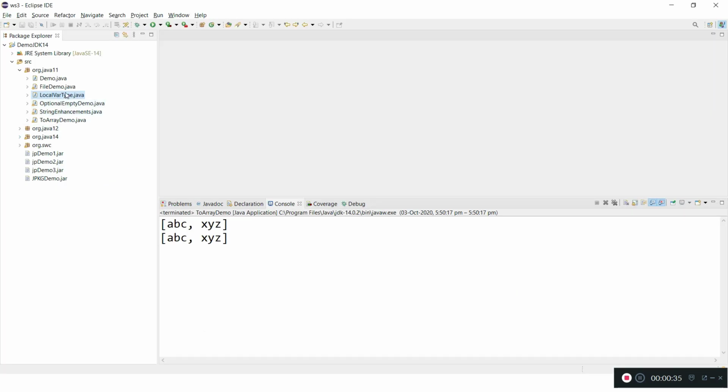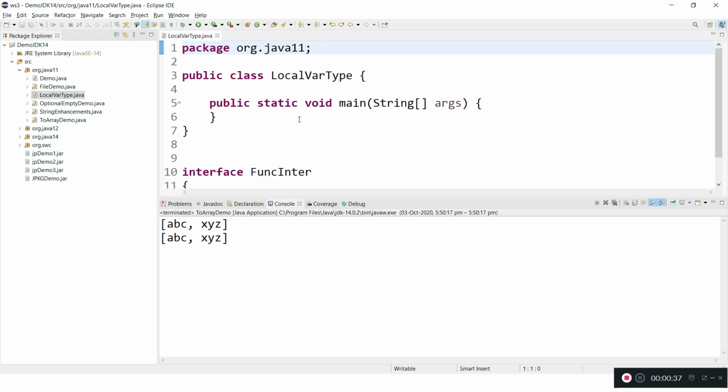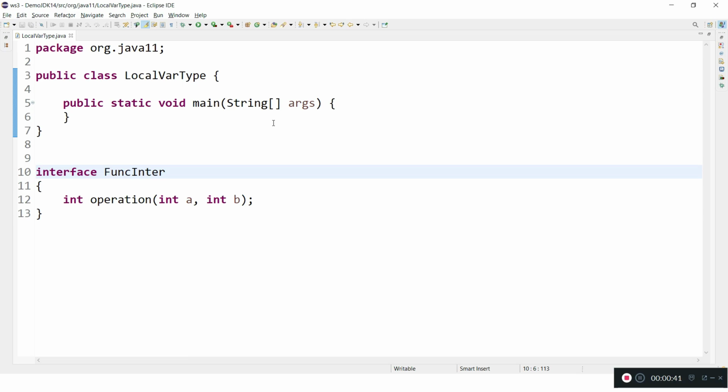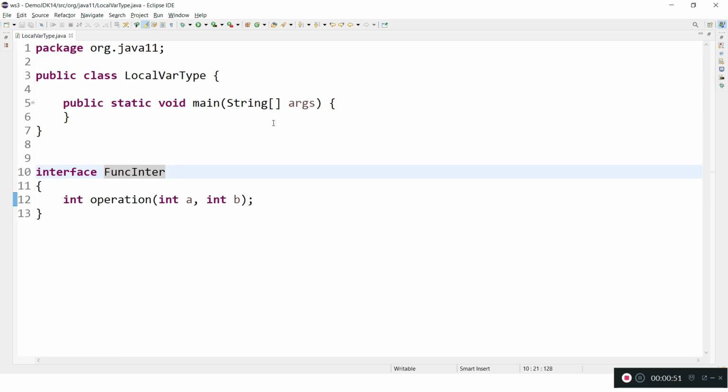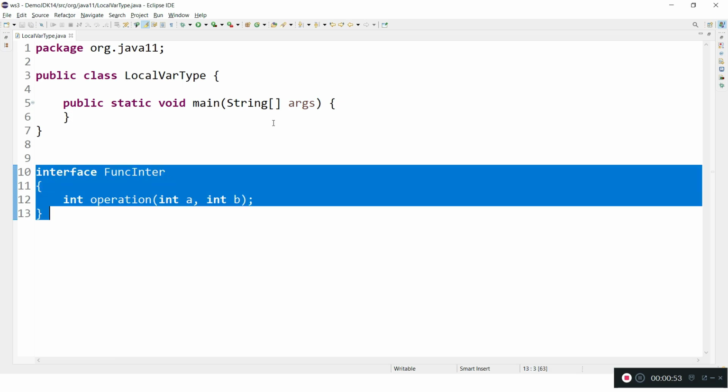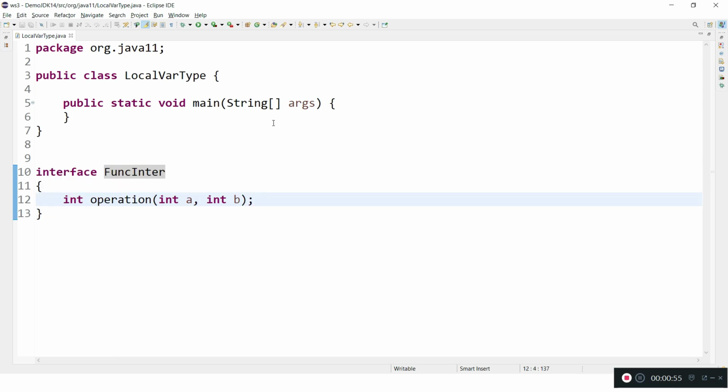Here is my class, and I have one example with an interface. I have created one functional interface, and there is only one abstract method. So this interface can be treated as a functional interface, and this method as a functional method. You already know the definition of a functional interface.